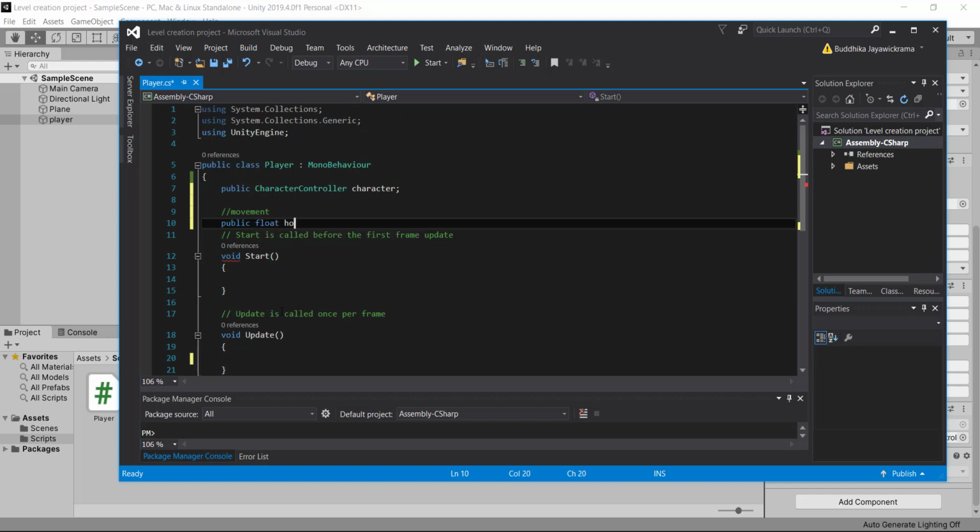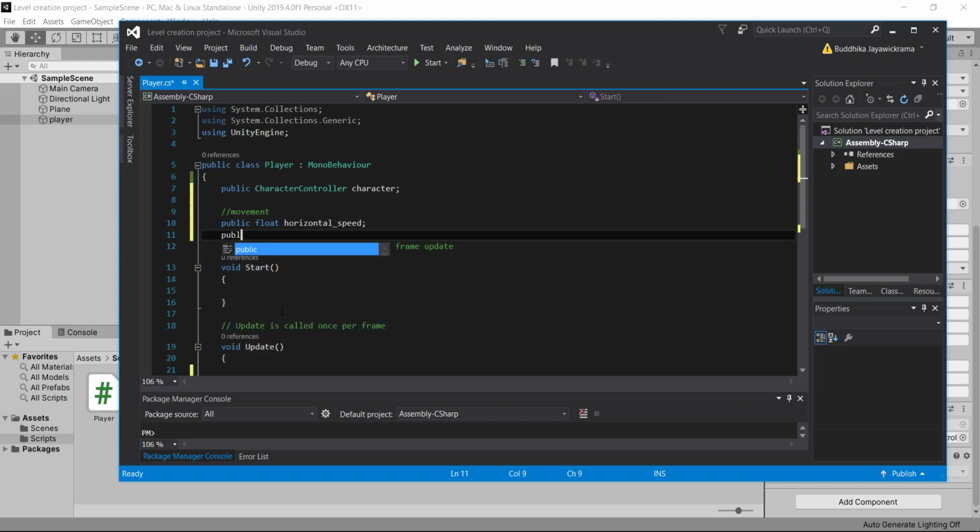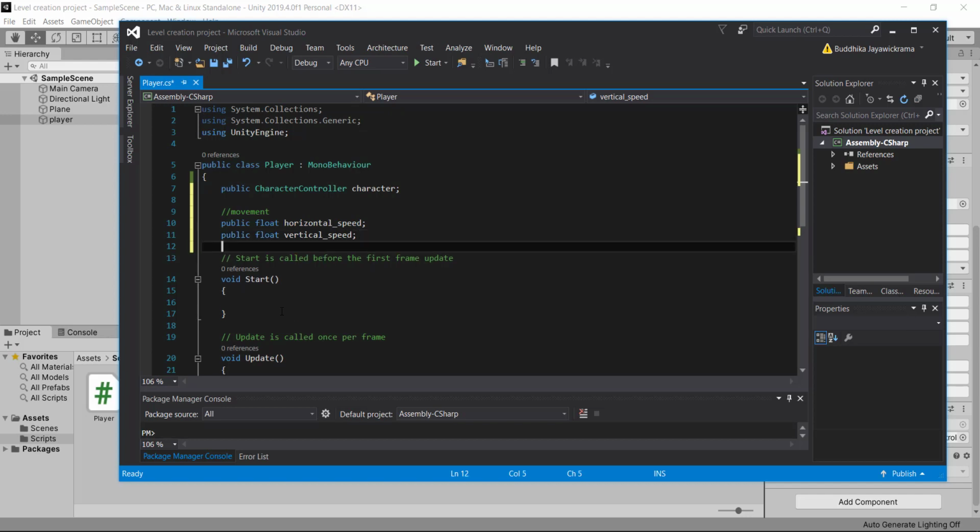I will add some floating point variables. Let's name them horizontal speed and another one called vertical speed. Then let's add two more variables, private variables for horizontal input and vertical input.